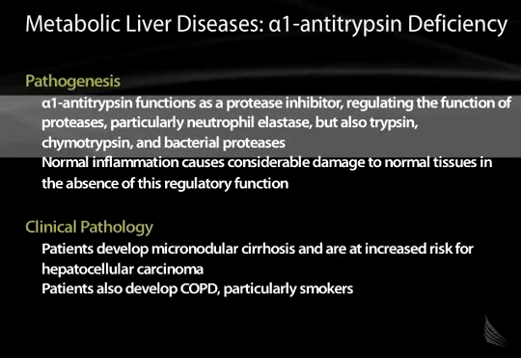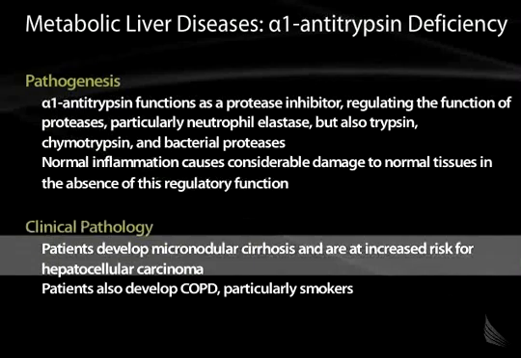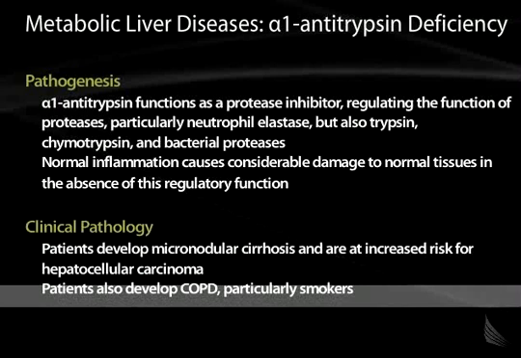regulating the function of other proteases, particularly the neutrophil elastase in the lungs, but also trypsin, chymotrypsin, and bacterial proteases. Normal inflammation causes considerable damage to normal tissues in the absence of this regulatory function. In other words, when this regulatory enzyme is deficient, inflammation results, and the inflammation results in tissue destruction and lung injury and cirrhosis. So these patients usually develop a micronodular cirrhosis and are at increased risk for hepatocellular carcinoma